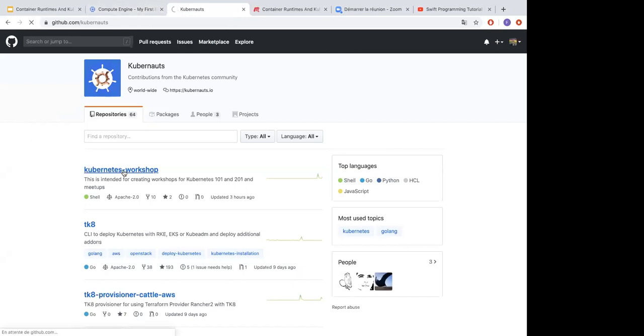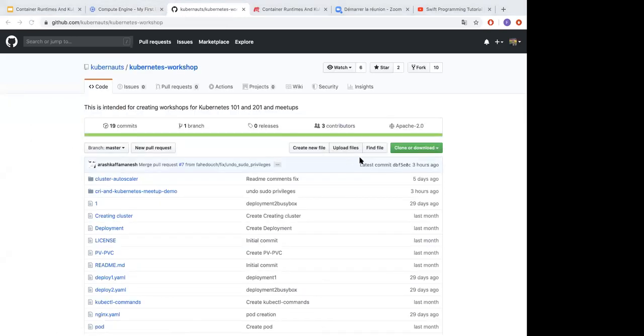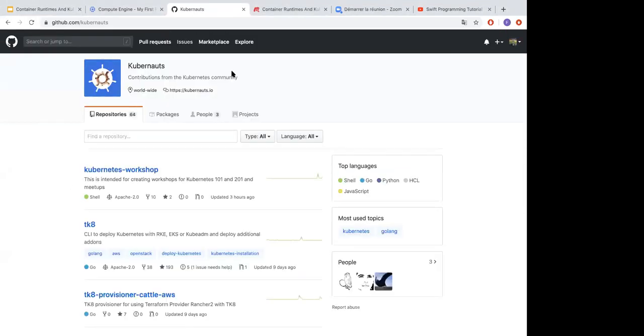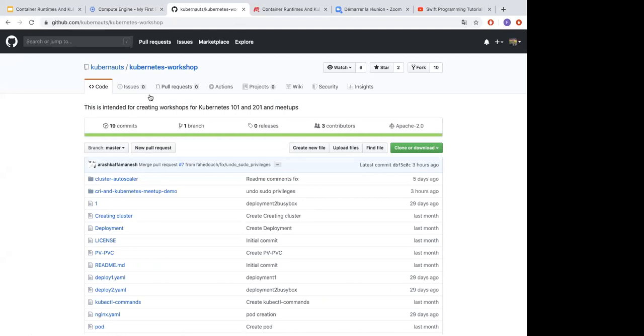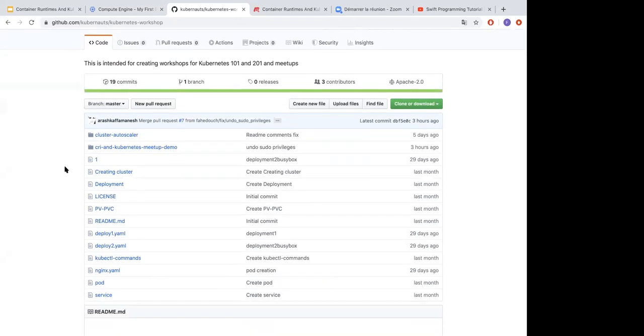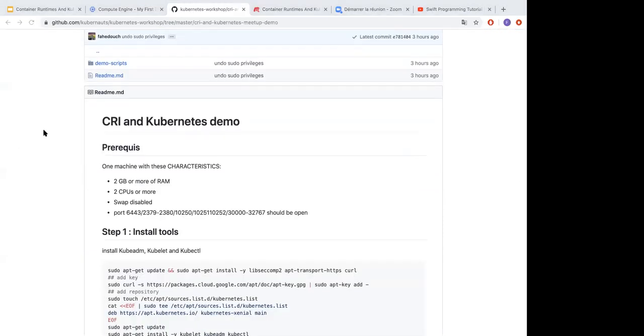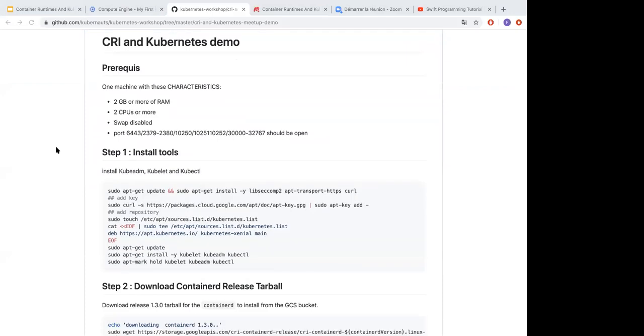For this presentation, guys, I made, in the Kubernetes community repository, a Kubernetes workshop. Under this repository, I created a folder which is CRI and Kubernetes meetup demo. Under this folder, you will find a description and the steps that I will make to bring up the cluster